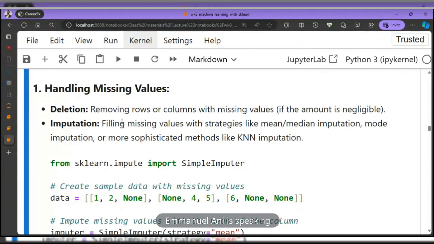That's one thing I like about Python. There are different ways to do the same thing. But I'm going to show you how to handle missing values